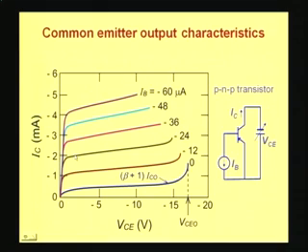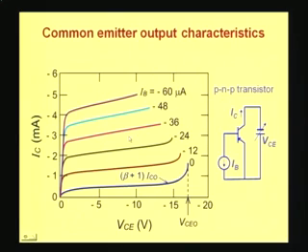When we sweep the collector to emitter voltage from 0, we find that in a fraction of a volt the collector current is rising, and beyond this point the rate of rise of the current reduces drastically, or we can say the characteristics tend to almost saturate. They are not exactly saturating because the current is not constant, but they are almost saturating because the current is increasing at a very slow rate with respect to the voltage.